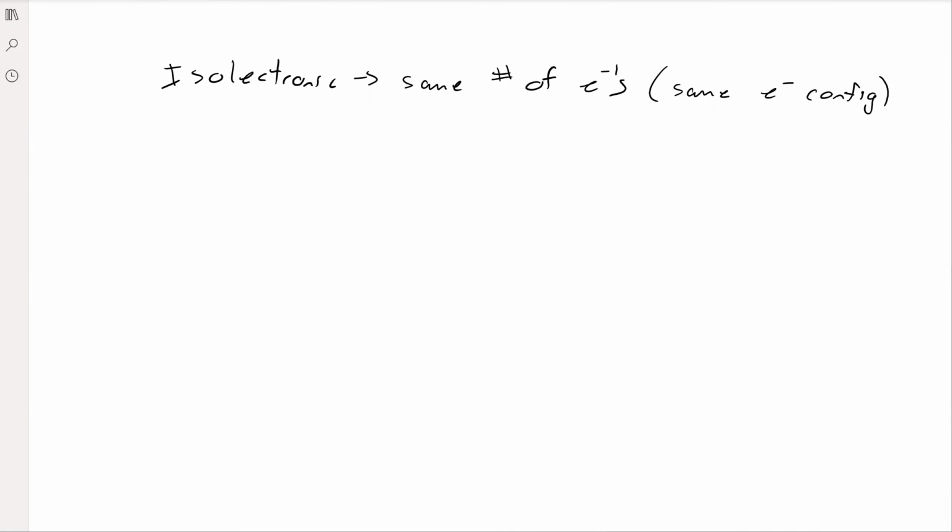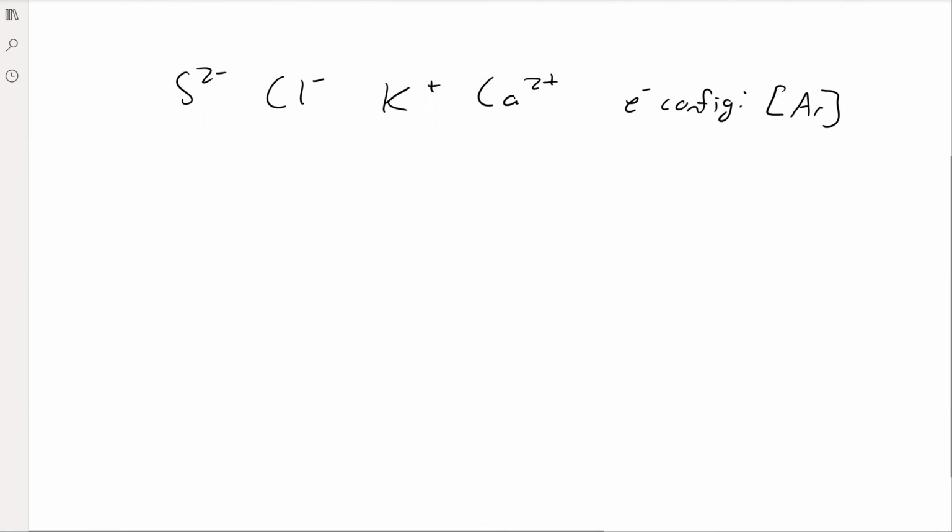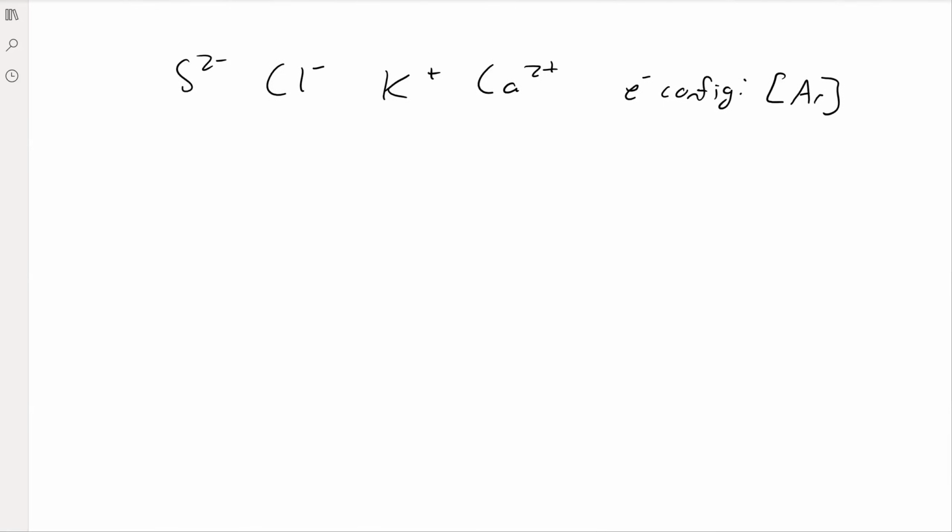So for example, if we took a look at S2 minus, Cl minus, K plus, and Ca 2 plus, they all have the exact same electron configuration. And that electron configuration is the same as argon, right? They've all got the same filled valence shell. And so we want to know which one's the biggest, which one's the smallest. Well, if they have the same number of electrons, the other thing that we want to think about is how many protons they have. So for example, sulfur has 16 protons, chlorine 17 protons, potassium 19 protons, and then calcium